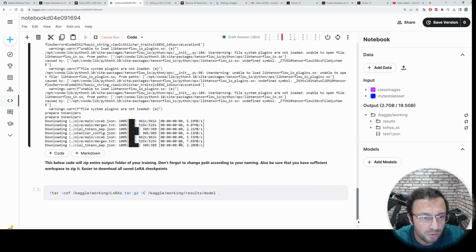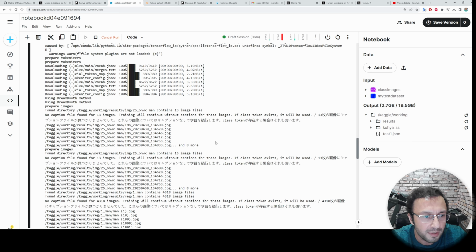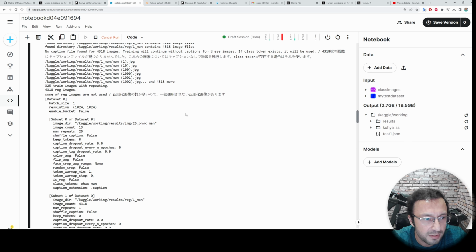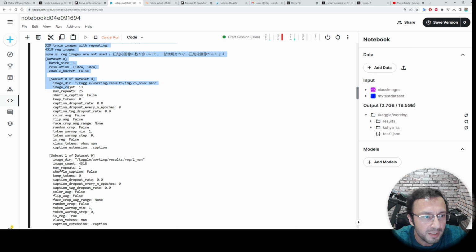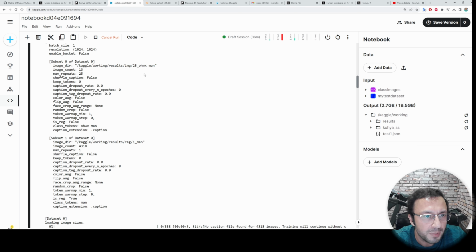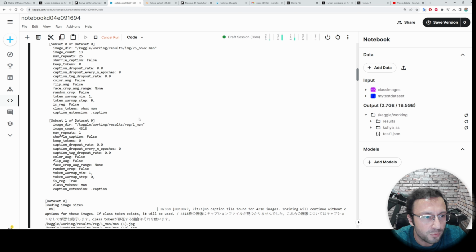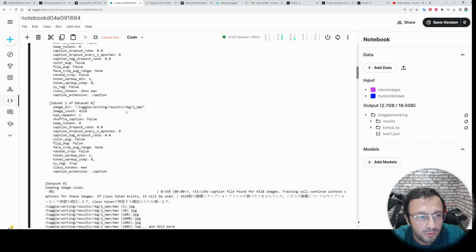So it is going to download necessary model files. You will see all of the messages being printed here. Image count 13, number of repeats 25. These are really important. Verify them. You see this is the folder name. Use OHWX as a rare token. Don't use some random tokens or use some existing celebrity name token. That is another approach. I am not using it yet. I am not using captioning. Hopefully I will also explore the captioning effect in future.